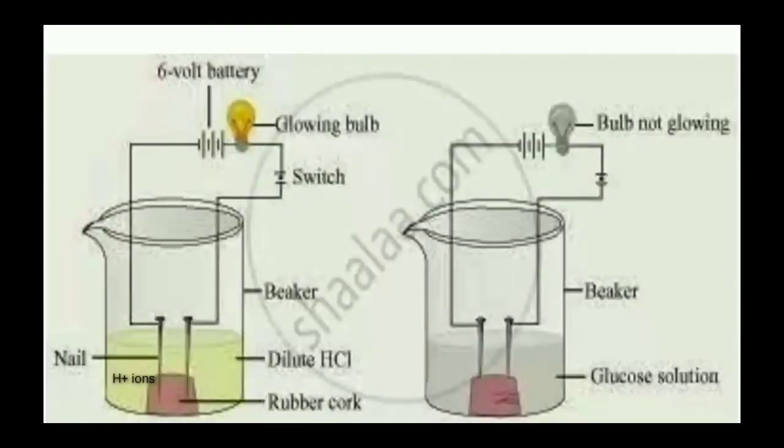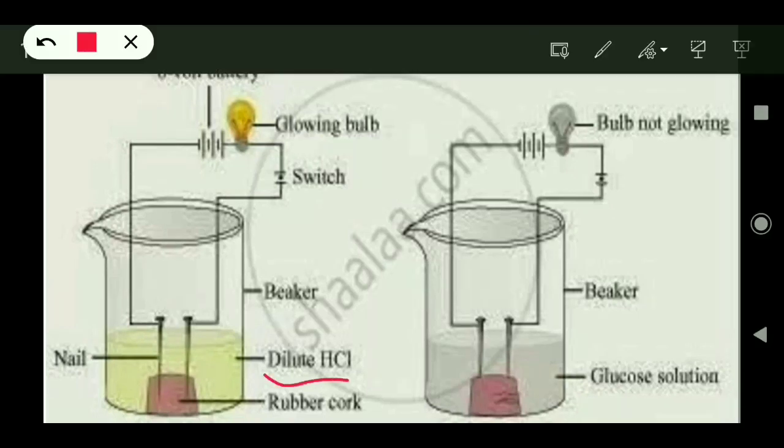Dear children, we have discussed this experiment in the previous class. So here in this experiment, the aqueous solution of an acid conducts electricity due to the presence of charged particles called ions in it. So this is the aqueous solution, children, the aqueous solution of HCl which is dissolved in water is conducting electricity, shown by its bulb glowing here.